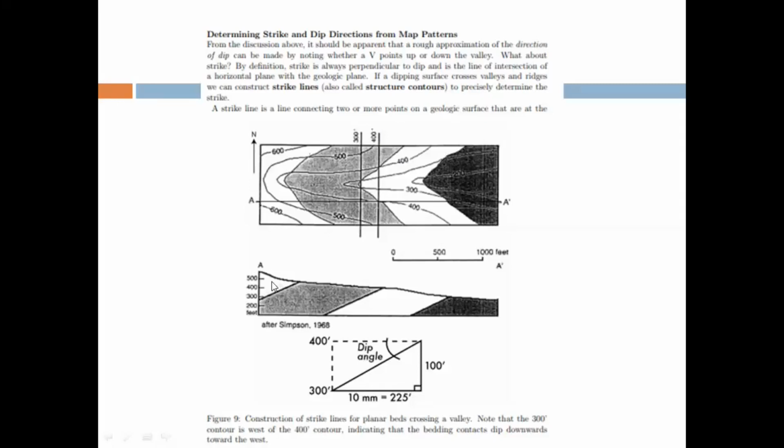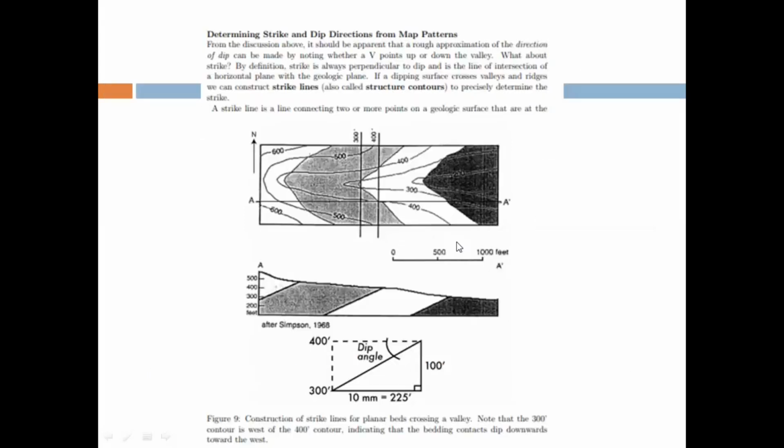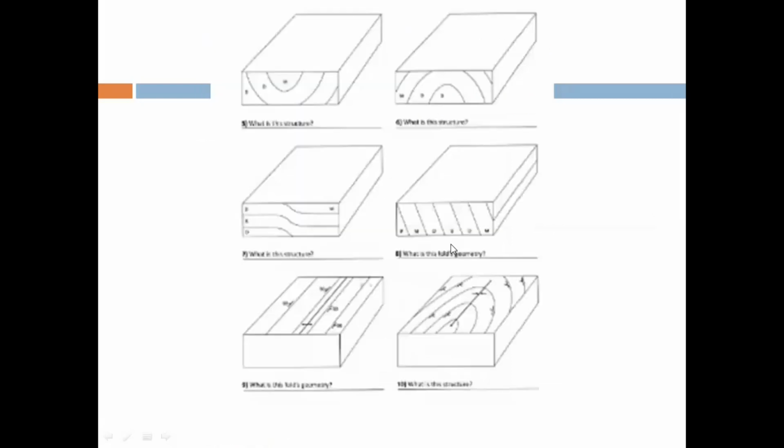And then when you draw it in the cross section, you can see that this is the block diagram, one side of the block diagram. You can see the black color, then the white, and then the lighter gray color. So you can appreciate the understanding of the map patterns and the construction of a cross section. This is a cross sectional view, this is the map view, and remember this is a block diagram. Some of these things are very useful.